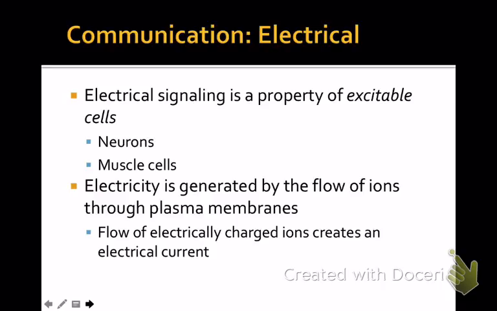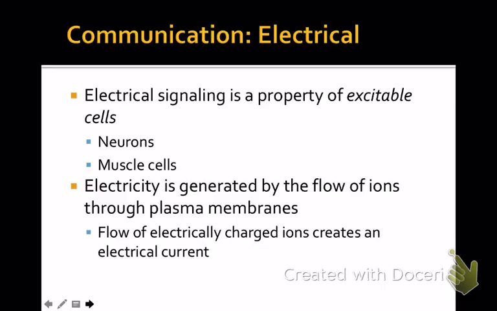So we can stockpile ions in a cell and then let them out when we're ready by opening a gate. If we can stimulate the opening of a gate of a sodium channel, it's only going to let sodium flow. Sodium's positively charged, so as sodium flows, that creates electrical current,